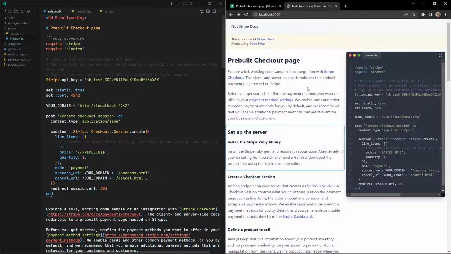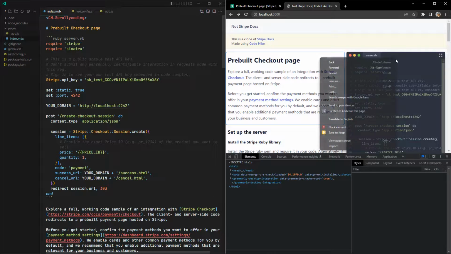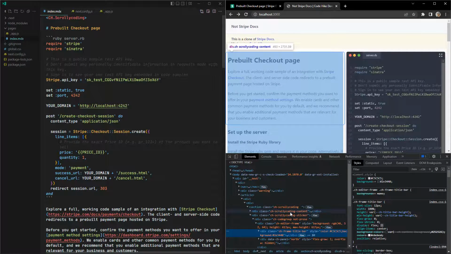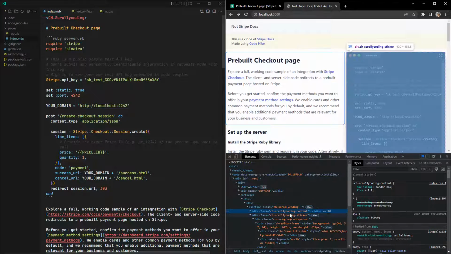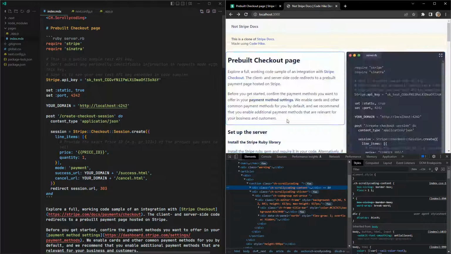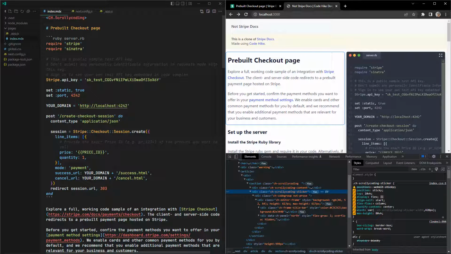So this is how we change most of CodeHike default styles. We inspect the element, and here we can see that we have a Scrollycoding element that has the content on one side and the sticker at the other side, and the width comes from this